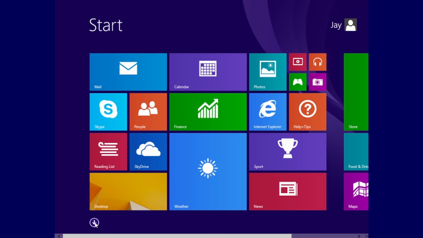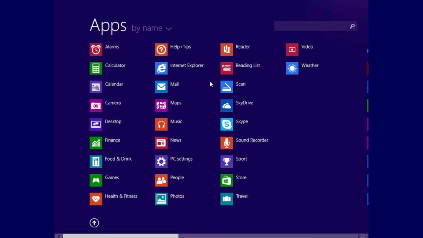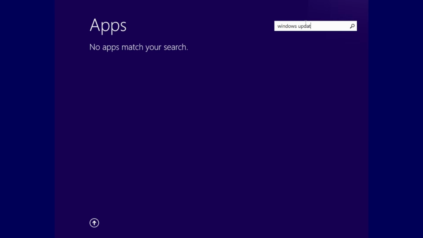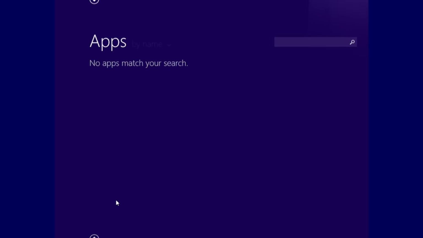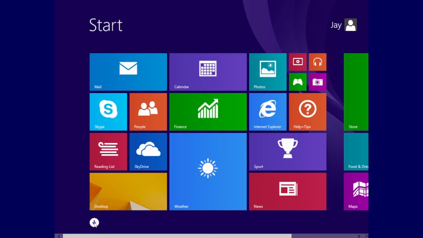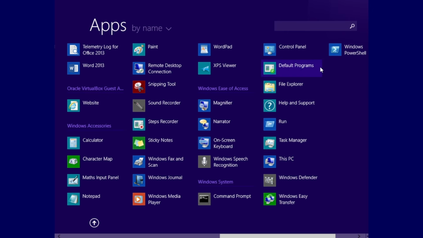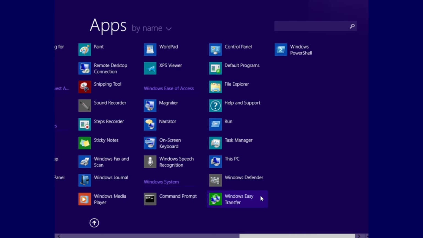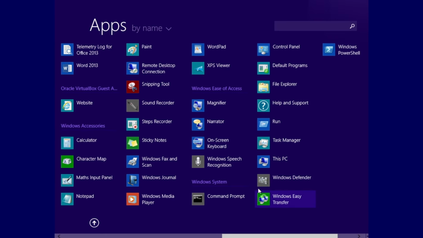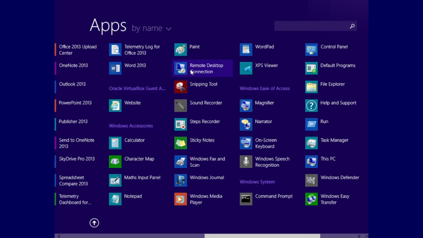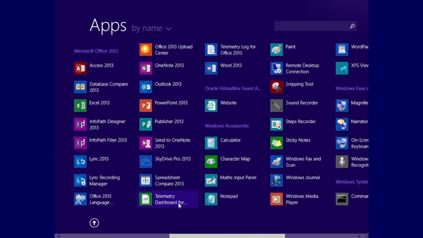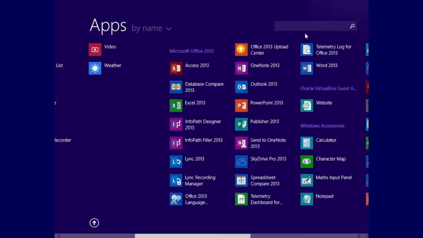And second off, one thing that I did like was it had the old Windows Update application. Now, if I can even blooming find it, that's a brilliant illustration of why Windows 8 wasn't that good. It's like, yeah, it had the old Windows Update program, but can you find it? I don't think so. I definitely don't think so.